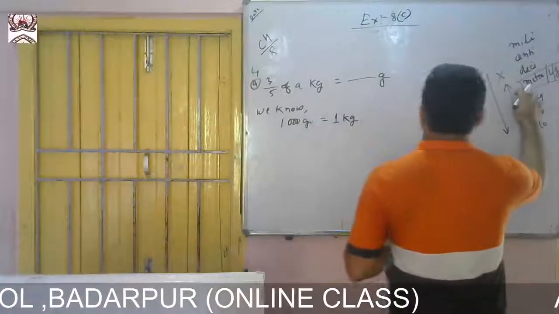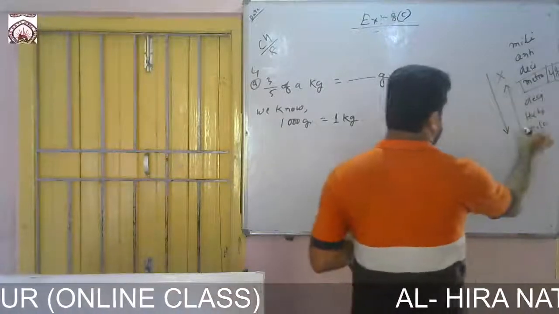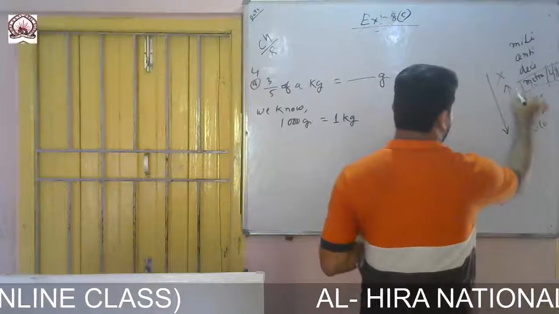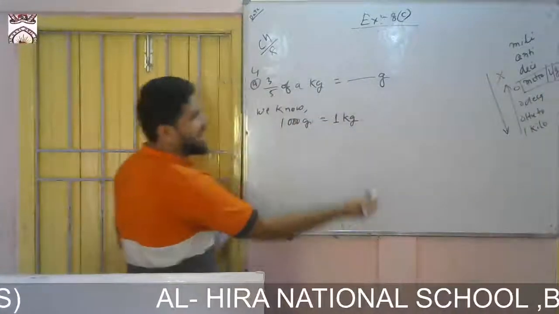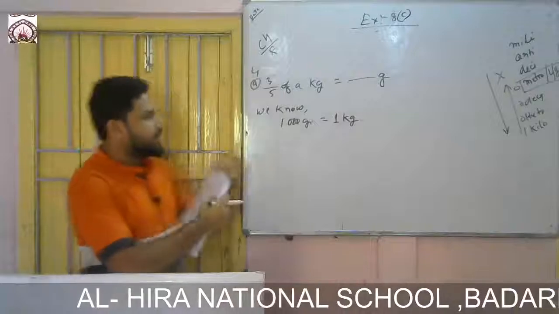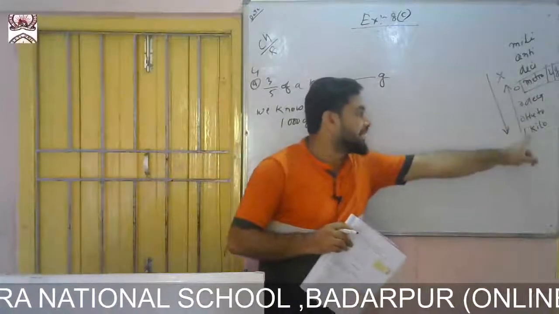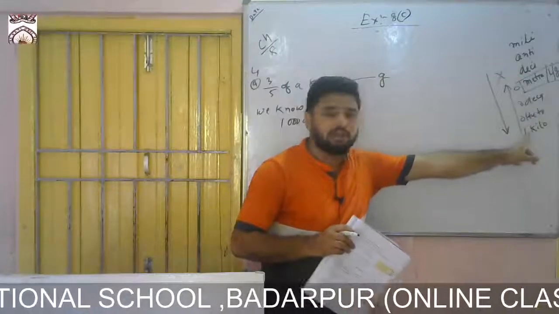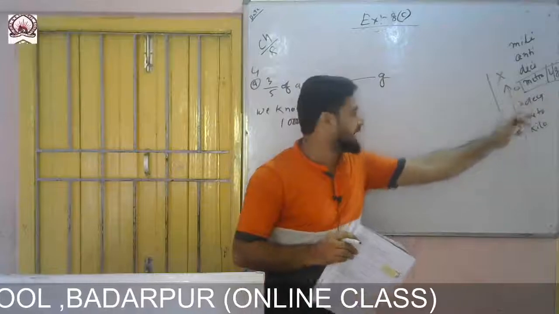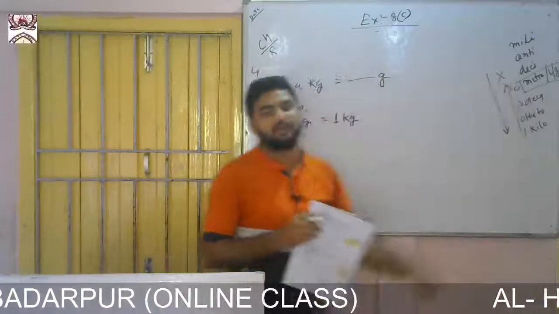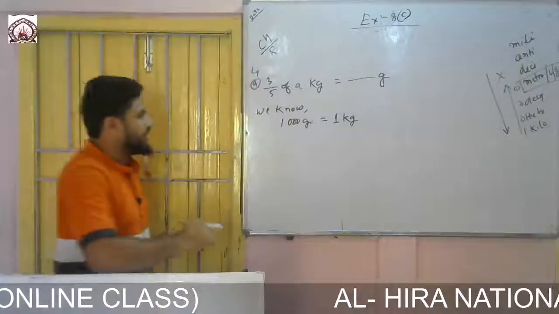From kilo to meter, from kilo to gram. So gram is here. So here you give 1, 0, 30. So that means what? I need to multiply with 30 as I am going upward. As I am going upward, I need to multiply it with 1000. Kilo to meter. So in kilo you give 1, then the rest places you fill with 0. Then you are getting 1000. And you are going up, that means multiply. Bigger to smaller multiply, smaller to bigger divide.